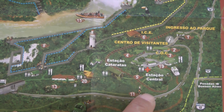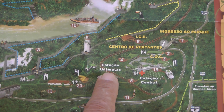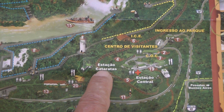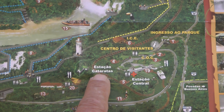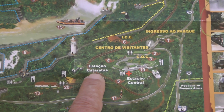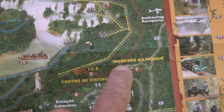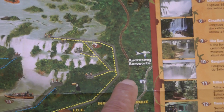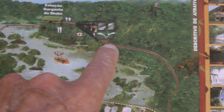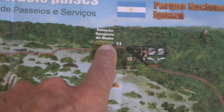This is where you get this little train. Now, if you're not there early, and by early I mean sort of 8:30ish, the queues build up very, very quickly, and you might have to wait a long time to get on this little train. But this little train takes you all the way up here, and you get off at this point here,